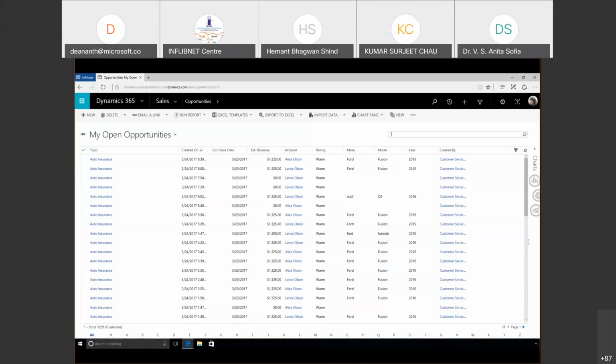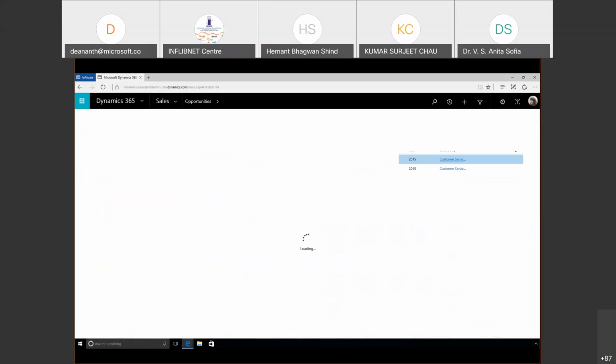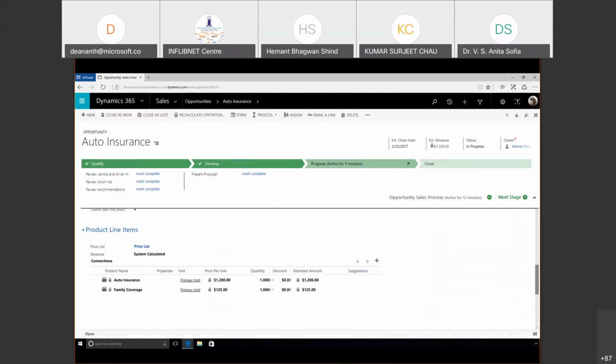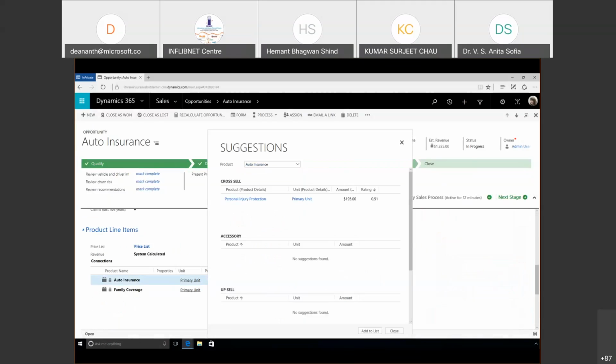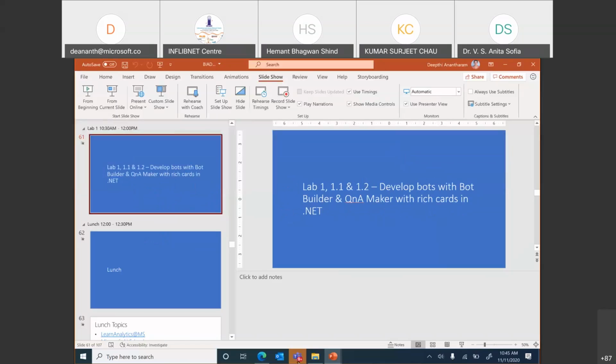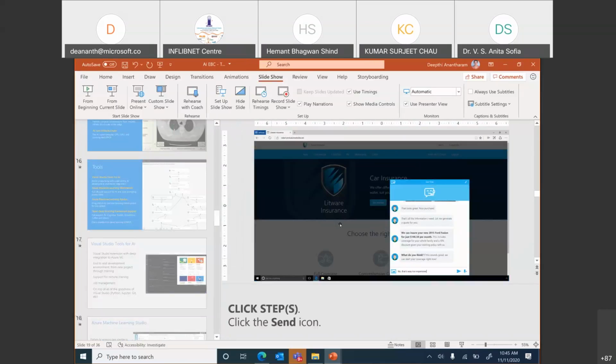So the person goes into Dynamics 365, understands what's happening, sees the history, the background, and so on, and gives an additional discount. When the previous quote was 1,260 or something, now she says 1,200. With this additional discount, this person is actually able to go and close the deal. Just to tell you that this is the way a bot can work.